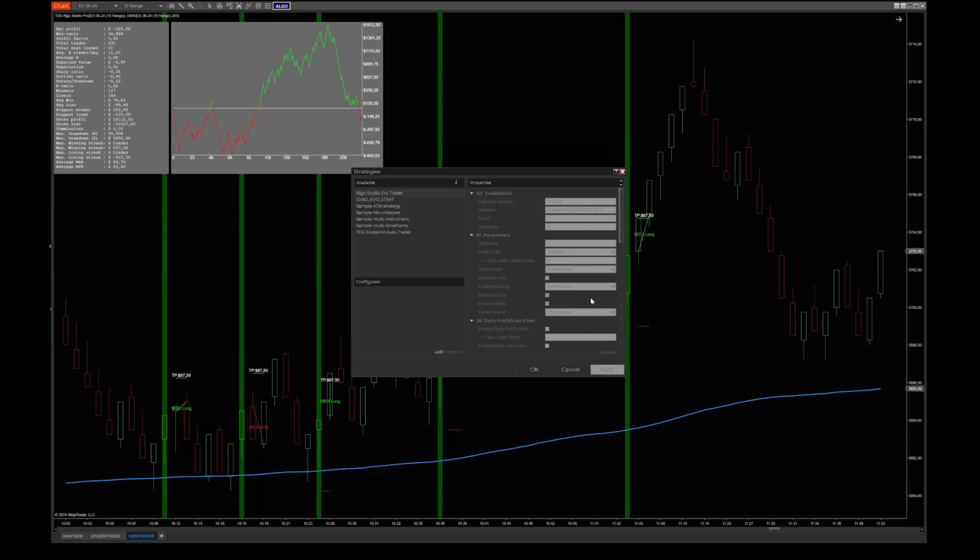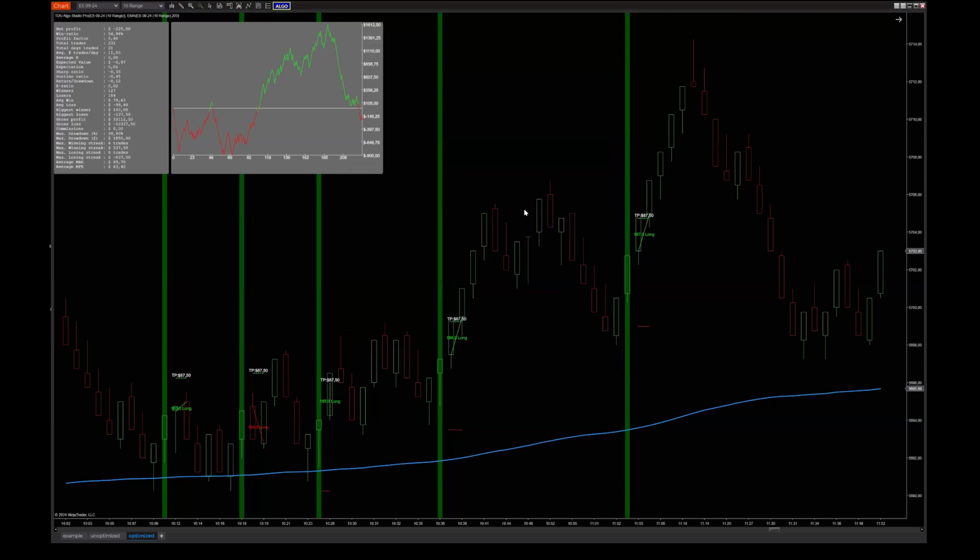How many sets of algo templates are there? Well, I want to make this very clear, we just provide examples on how to build algos. Of course, we try to make them as good as we can, but we do not sell algos. We sell this product, which allows you to create your own algos, but we do provide example templates.